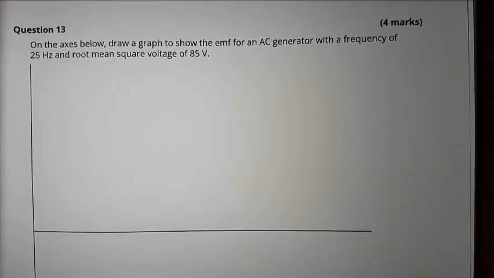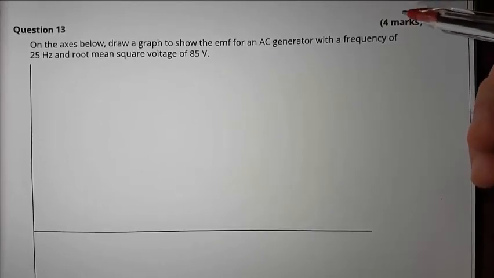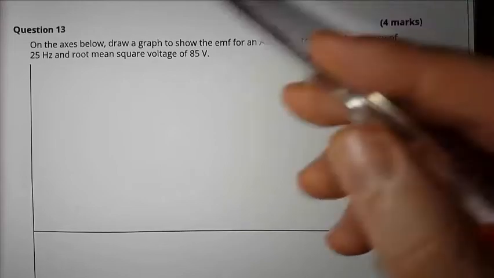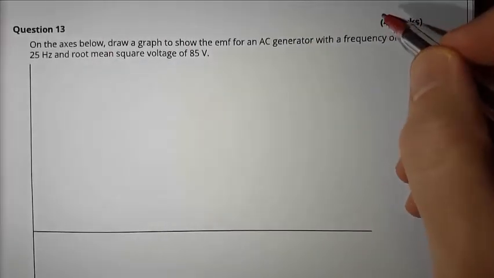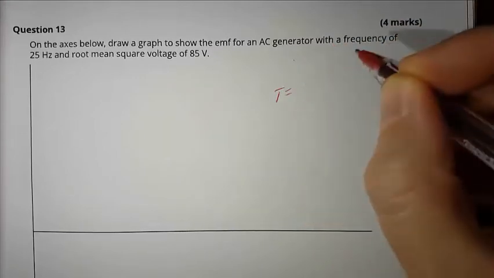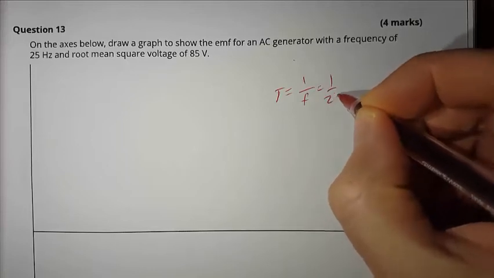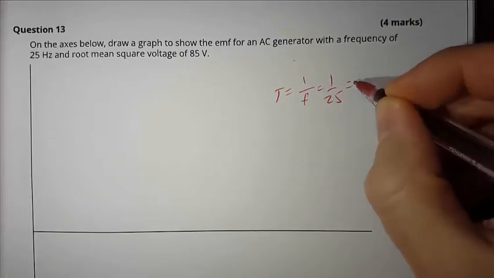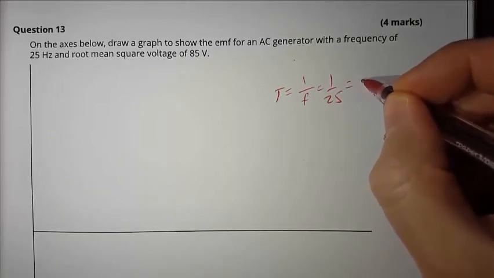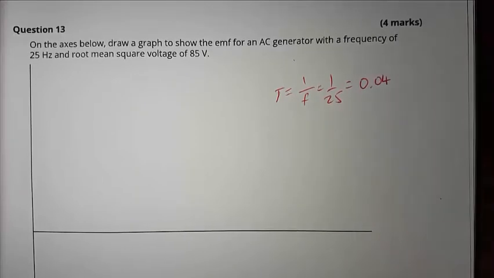Alright, so question 13, it's asking me to draw a graph. It's given me an AC generator output, it's giving me 25 Hertz, so the first thing you want to do if you're going to graph that is work out what the period's going to be. So I'm just going to work it out here at the top. Period's going to be 1 on f, 1 on 25, so it should be 0.04